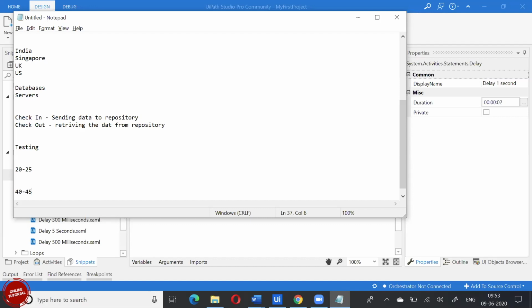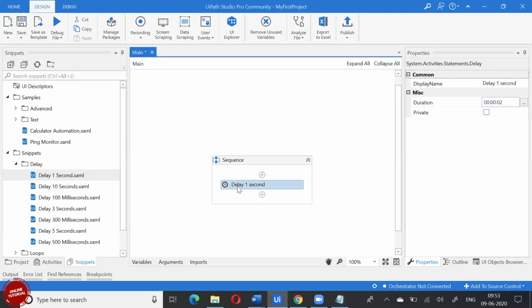So what you do is, when you test, you identify the average time taken to load that page, in the best case and in the worst case scenario. Based on that, you add delays. So even if it's the best or the worst case, your process will still keep on working. But how do I know whether it takes 10 seconds or 15 seconds? We'll come to know. I'll tell you how we identify all that.